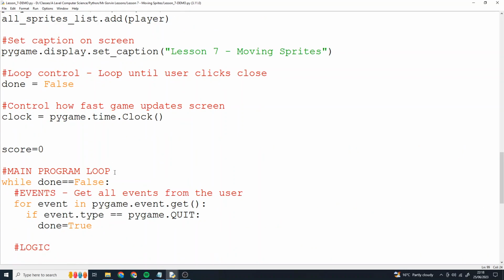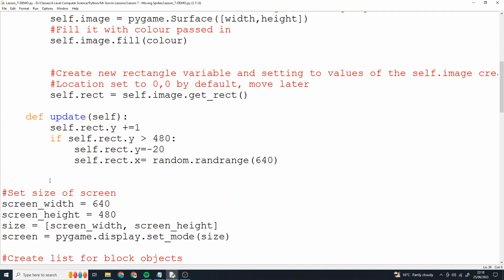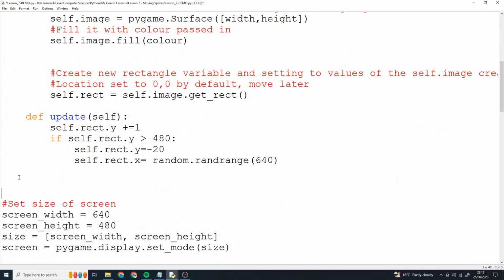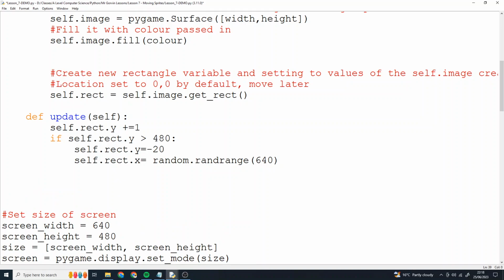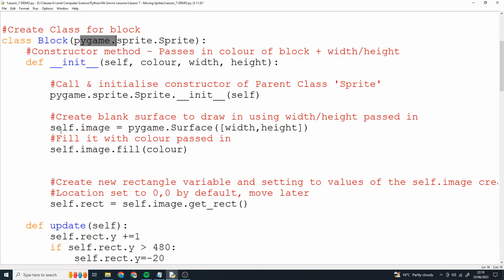So what we're going to do is go back up to where our class is for the block. Underneath our class block, we're going to create another class. We're going to call this class player. You could have called it anything, but player is a suitable name. And inside the brackets here, I'm going to put block. What that's going to do is inherit all of the things from our block class here. Inheritance, remember the concept? It's inheriting all the things that a block can do,